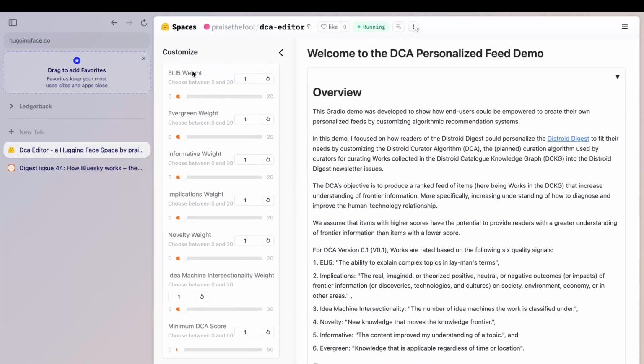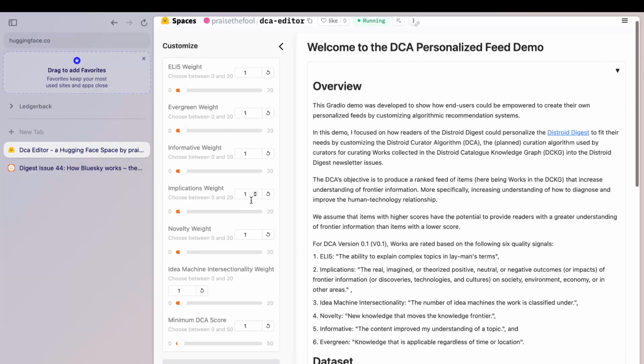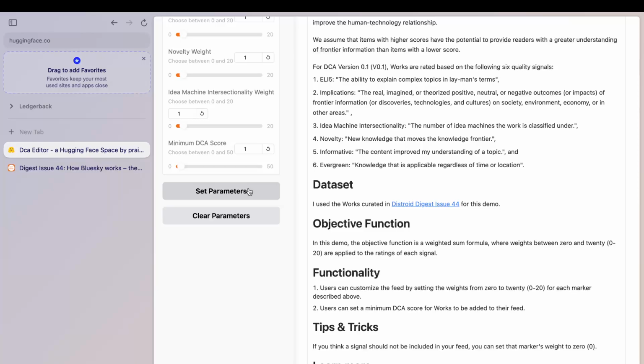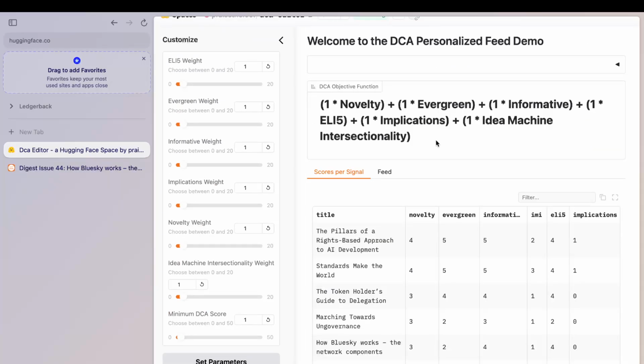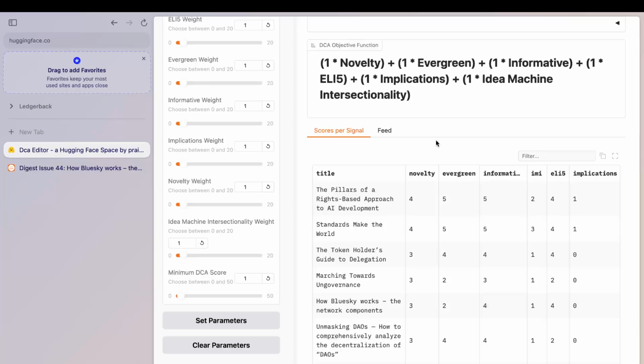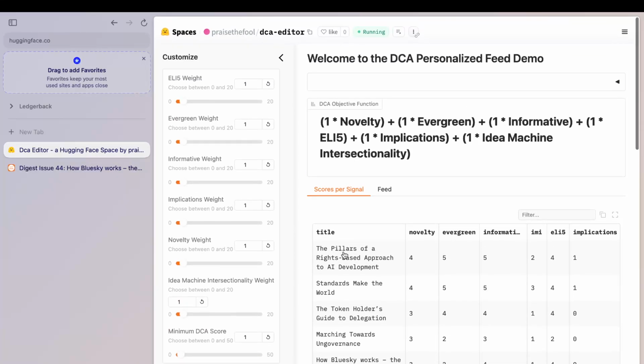So here we have all of the weights that we can set. These are parameters we can actually customize, so that we can make the feed for ourselves. First let's just leave everyone's weight at 1, and then we'll set the parameters. So if we leave every weight at 1, with the minimum DCA score at 1 as well,